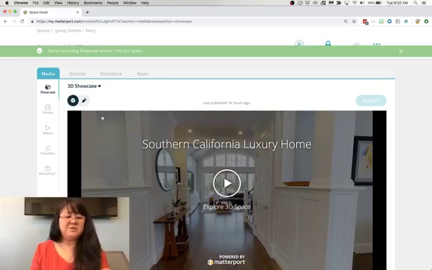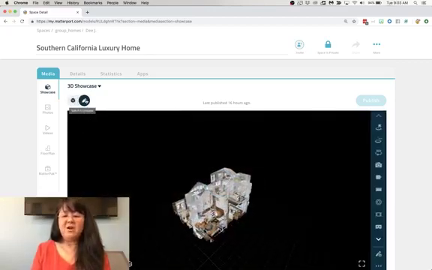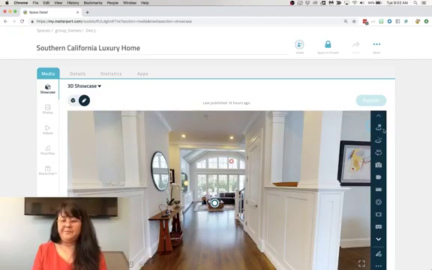And then you'll see the little cube and a pencil. That allows you to switch to edit mode within Showcase. All right, so that's what I'm going to do. I'm going to move this slider from preview mode, which is the cube, to edit mode, which is the pencil. And when I do that, on the right-hand side, you'll see a bunch of new icons that pop up. These icons are what used to be in Workshop, and now they're in what we call Showcase Edit Mode. So let's just go through them one at a time,